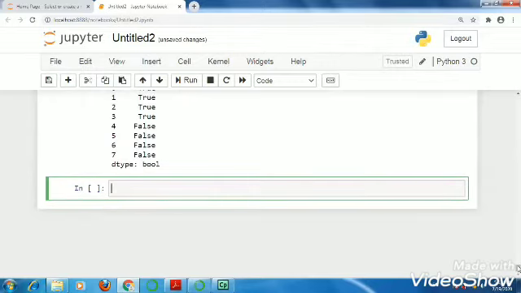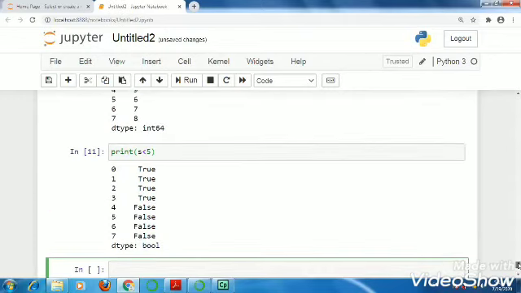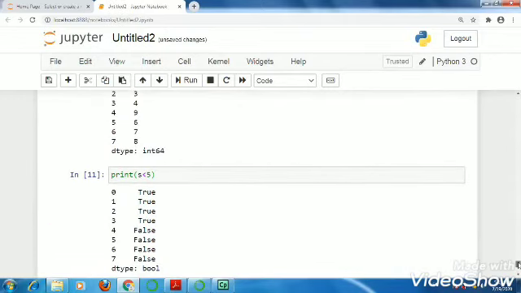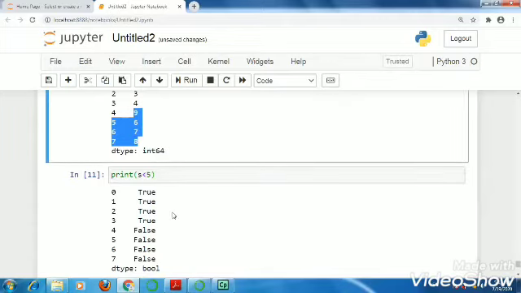So see, at the indexes 0 1 2 3 the value of s is less than 5, and at the indexes 4 5 6 7 it is greater than 5: 9 6 7 8. So it will return you true and false.